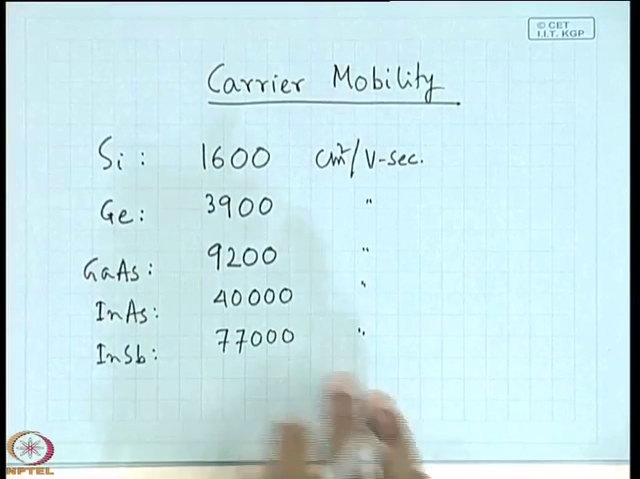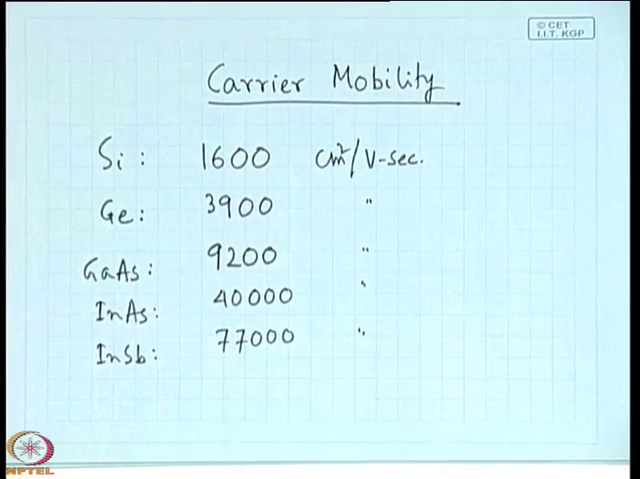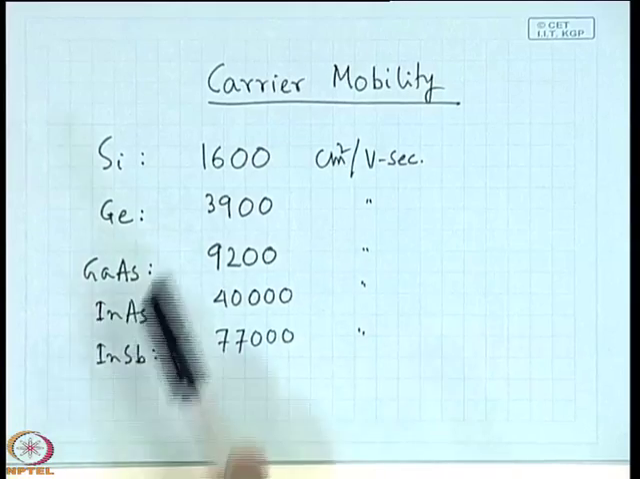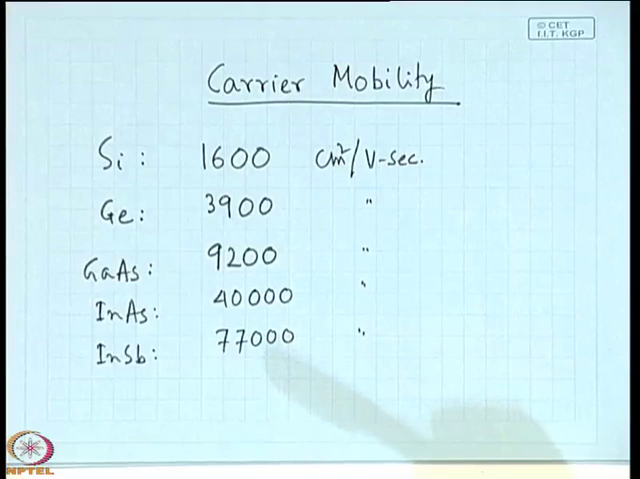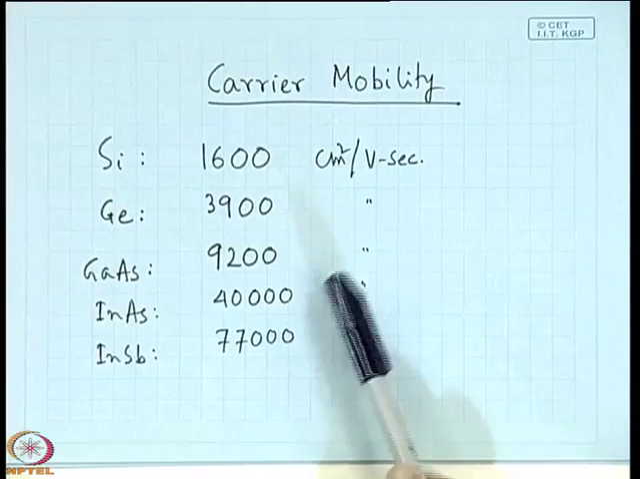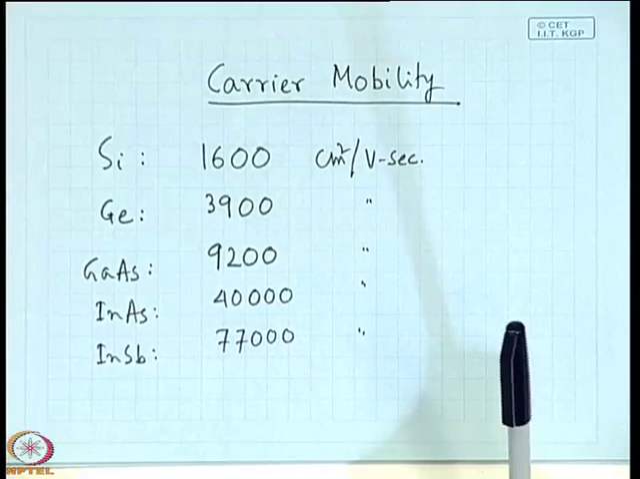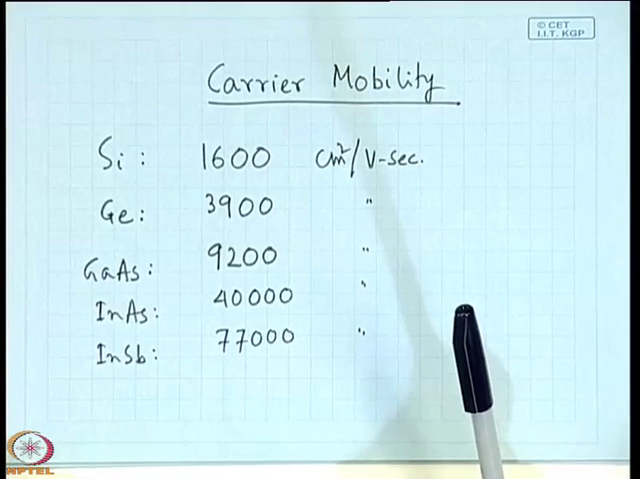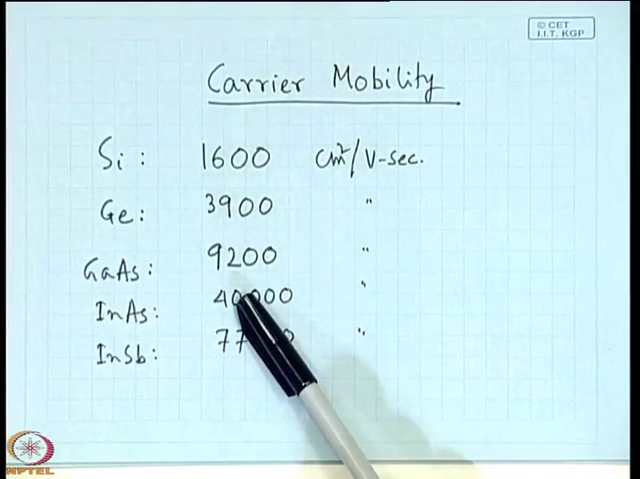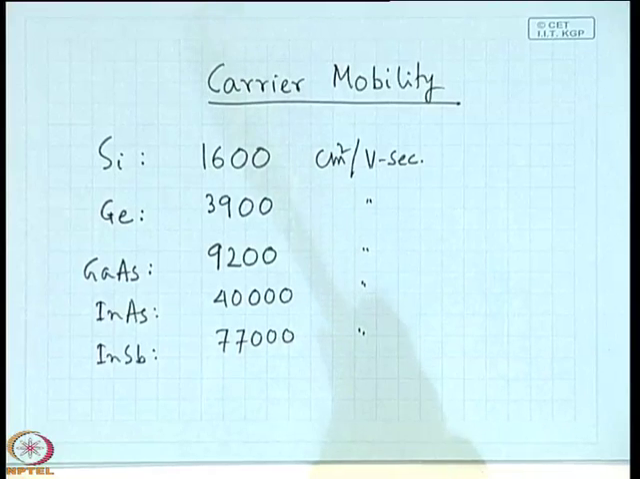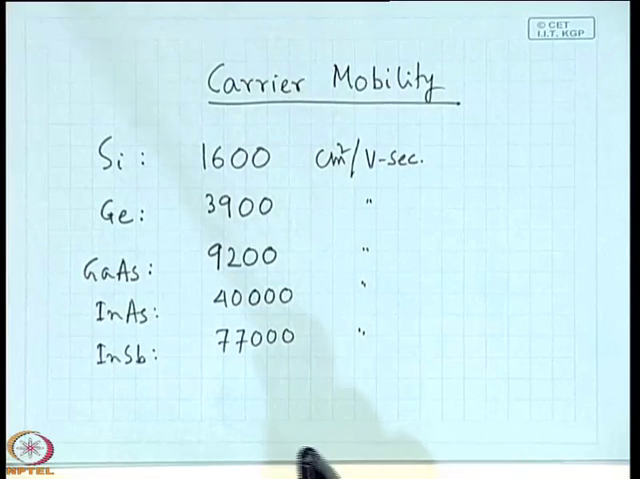So, these are the mobilities of different kinds of semiconductors, and if you compare this mobility you will see that for silicon the mobility is very less, it is 1600 only. So, this is another limitation, because if the mobility is very less, that means you cannot use those materials for high frequency devices,